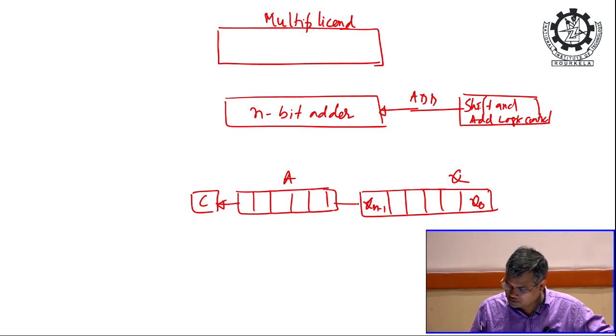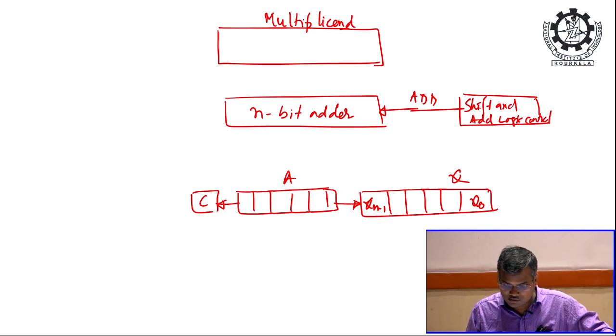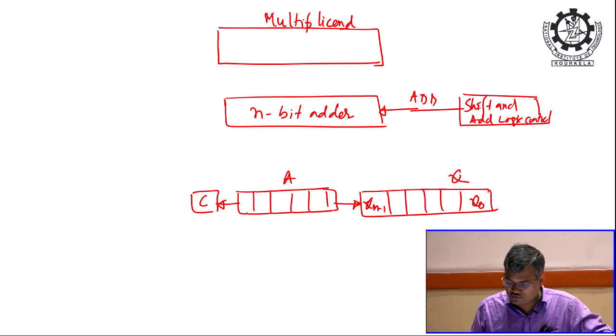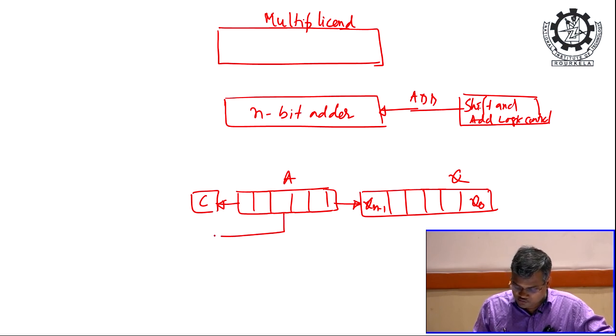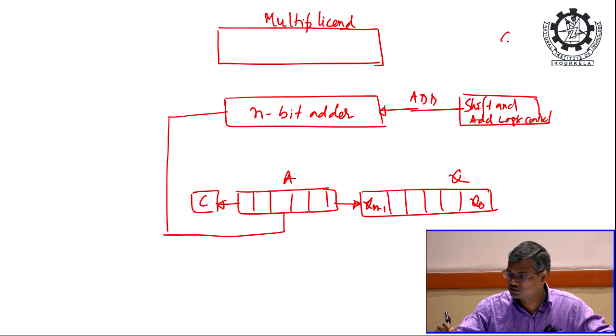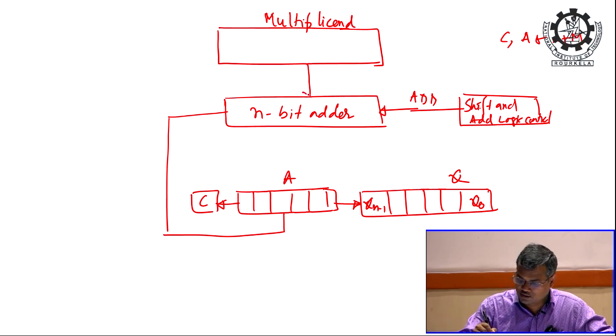So, if you shift it here, so it will come here, okay. So, now how it will work, that I will explain here. So, what we have, this will be fed with here, because we need to perform C A equal to A plus M. So, input will come from here, this is multiplicand,